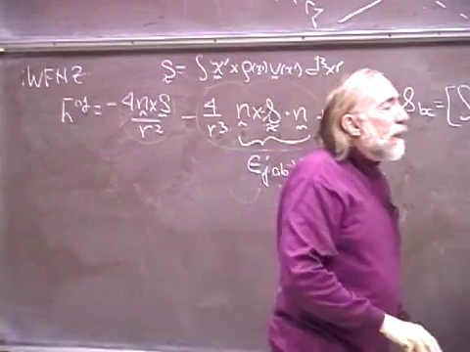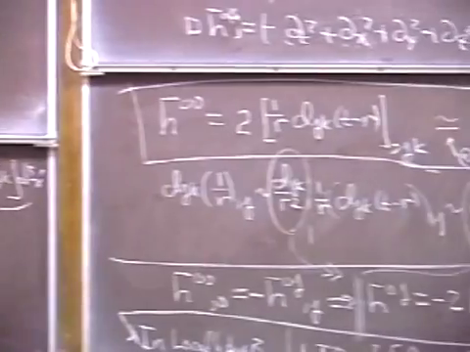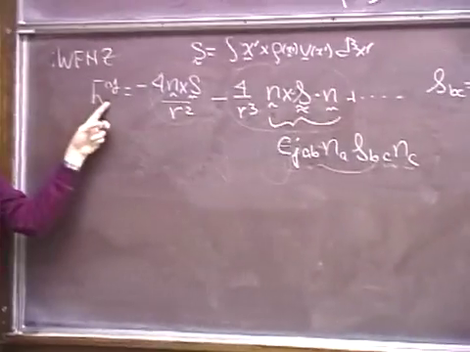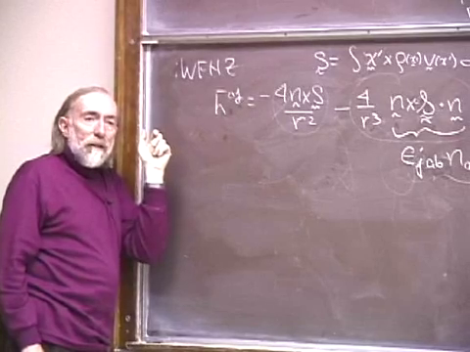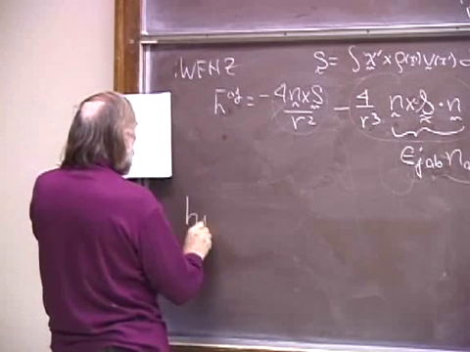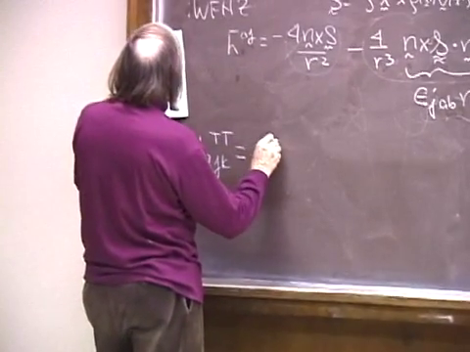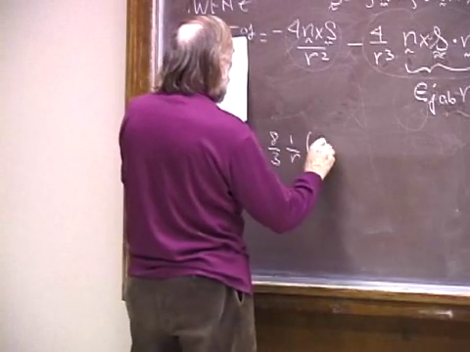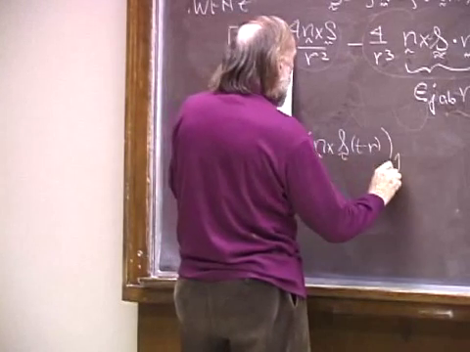Then you build yourself an outgoing wave solution to the wave equation for h bar 0j that reduces to this in the near zone, and then you bootstrap yourself over to h bar jk using the Lorentz gauge condition, the same set of processes as I did before, and you wind up in the end taking the transverse traceless piece. hjk transverse traceless is minus 8/3 1 over r n cross s, t minus r, the jk component,